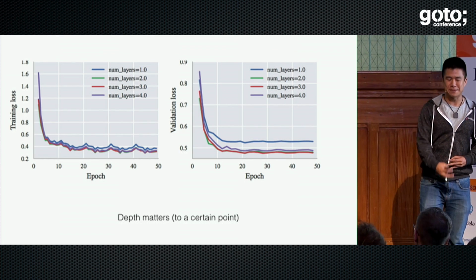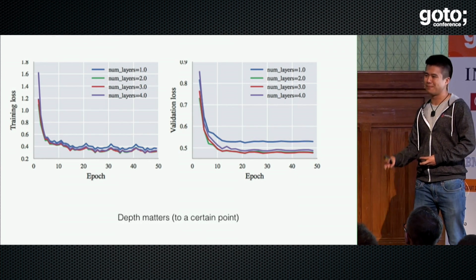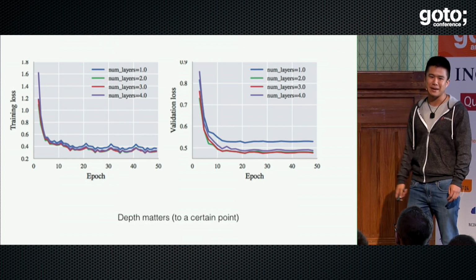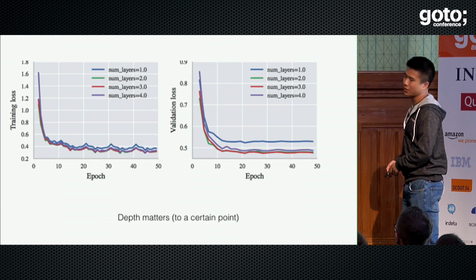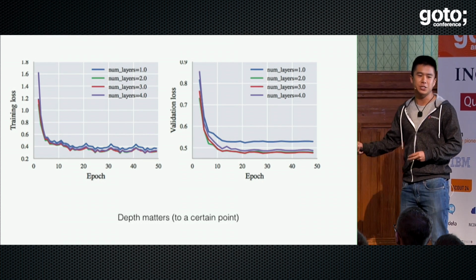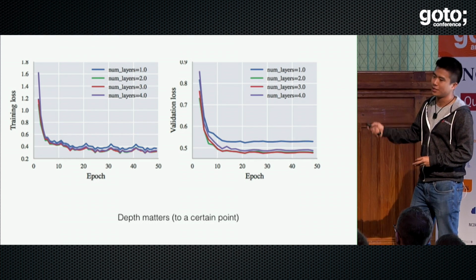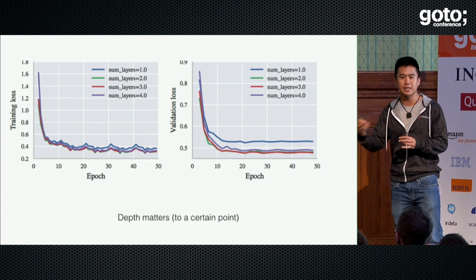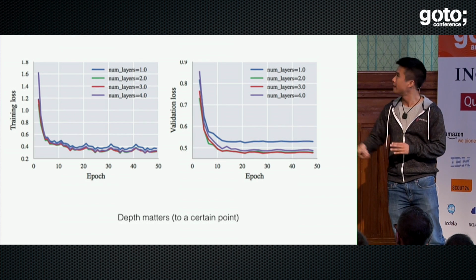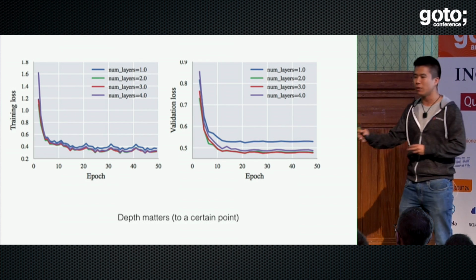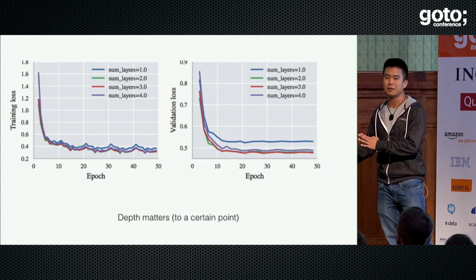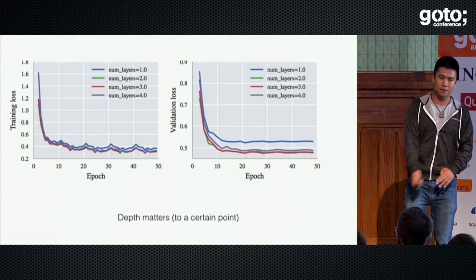Did I just put the word deep onto my neural network because it was a good buzzword? It turns out, no. Depth actually matters. What I'm showing you here are the training losses as well as the validation losses as I change the depth. The training loss is how well my model is doing on the training data set, which I'm letting it see and letting it tune its parameters to do better on. And the validation loss is how well my model is doing on data that I didn't let it see. So how well is it generalizing beyond just memorizing its inputs?